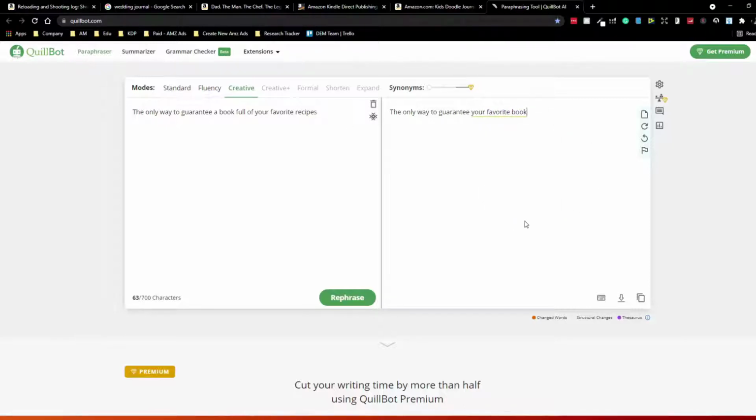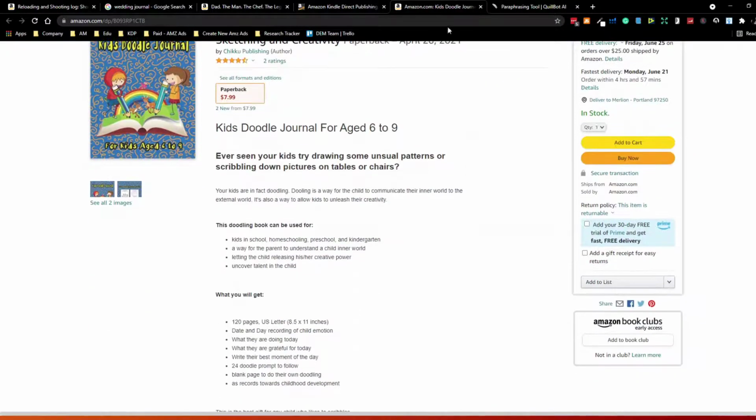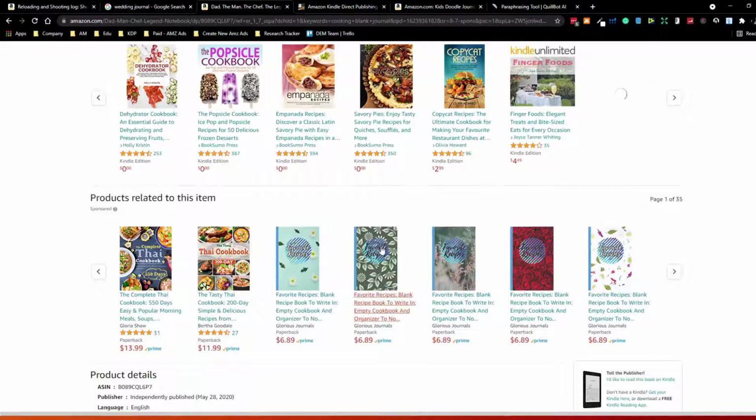So you can try this out. If not, you can actually write it out yourself. Yeah. So this is just one of the tools for people that find it challenging. So probably you can also test it out with other, let's say with other books, and see if it gives